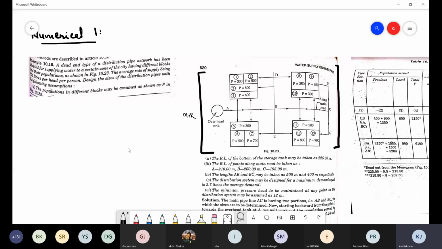You are given different points. So this is point A, this is point B, this is point C, D. I know you all see, but I'm just mentioning E and F, G and F. You are given that the RL of the bottom of the storage tank may be